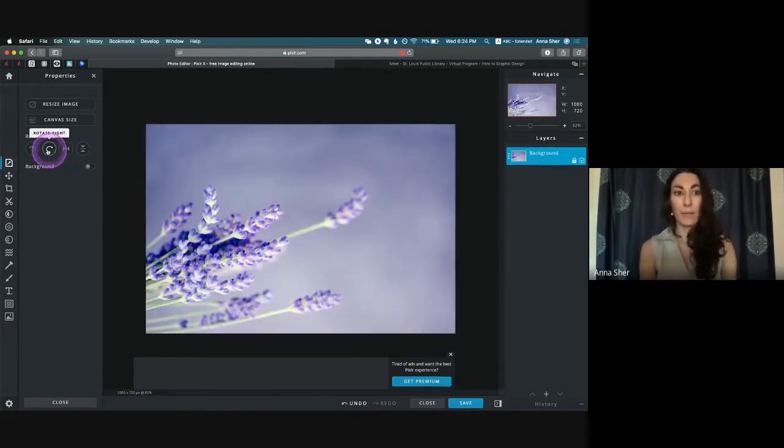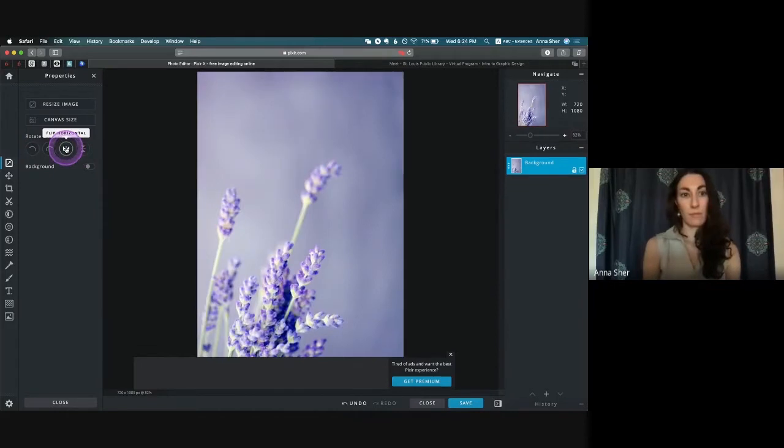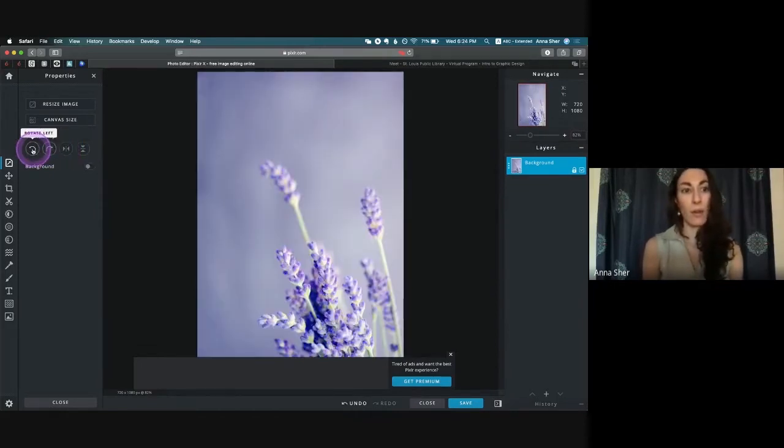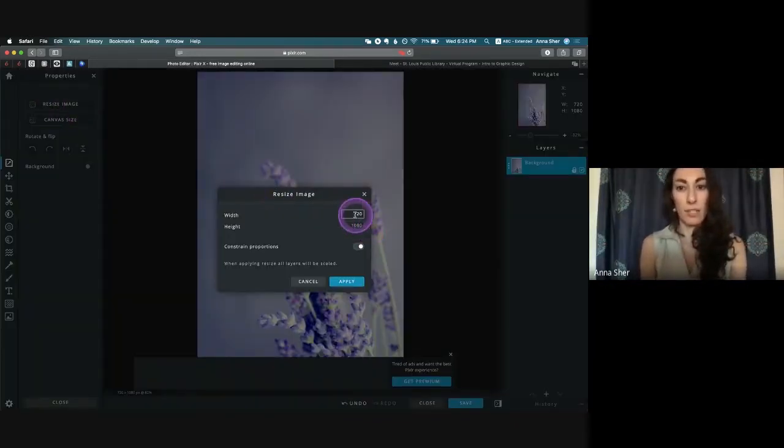You can flip your image. And the best part is when you highlight over these, it tells you what you're going to do. So it says flip vertical, flip horizontal. Now what this background shows, if I go back and resize my image again,